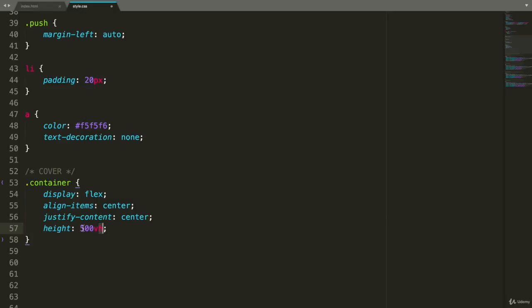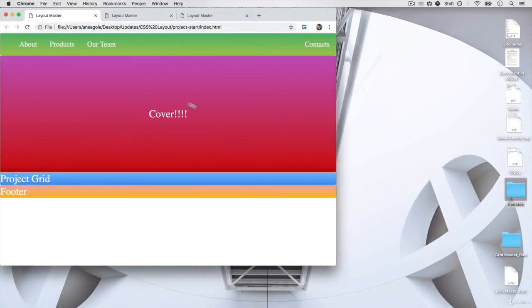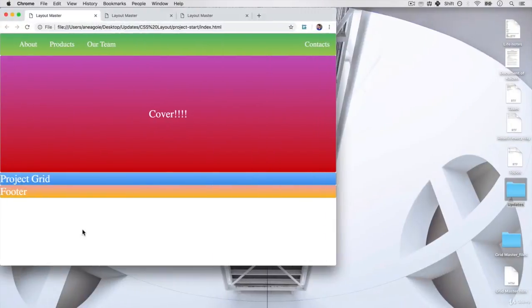And I like using viewport height, a new unit that we haven't seen before, for making things responsive when it comes to height. What this states is it's going to look at the viewport, that is the view of the web page, and make sure that there's always a percentage of that viewport dedicated to this container. So if I do 50 VH, and if I refresh here, you'll see that my cover will be 50% of our viewport. If I do 100 and I refresh,